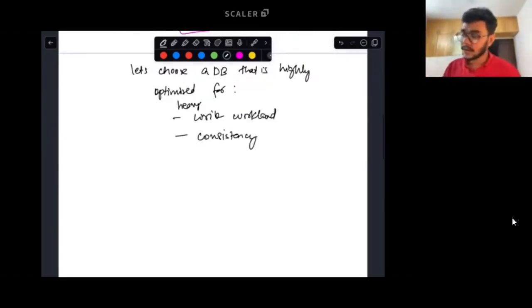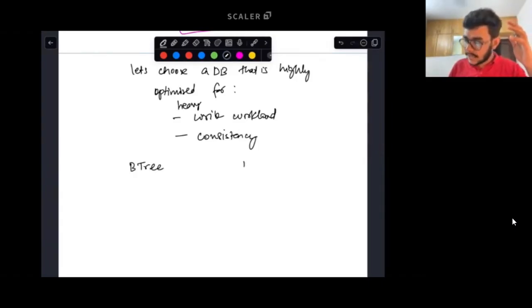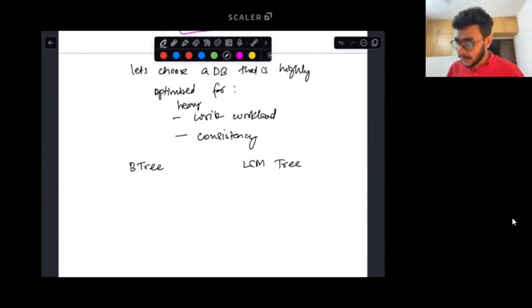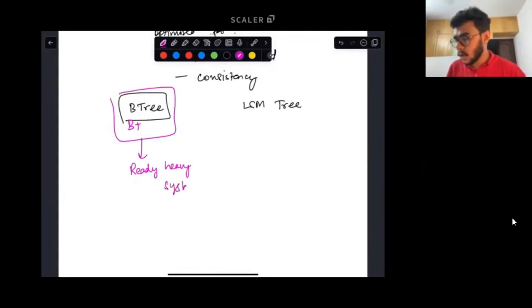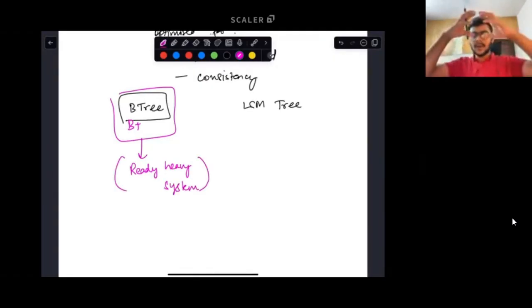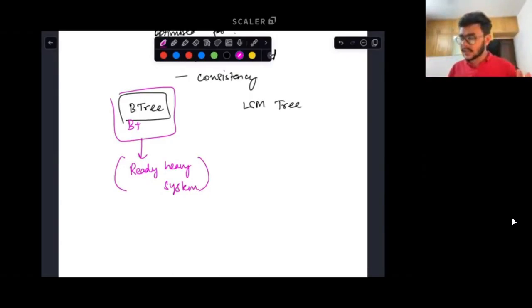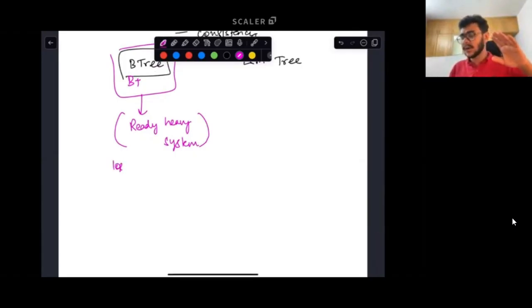Now, here comes a decision that you have to make between choosing a database that is based on a B tree kind of data structure, or whether you choose something that is based on the LSM tree kind of data structure, which we discussed in the last to last lecture. Now, typically B or B plus tree data structures are highly optimized for read heavy systems because of the hierarchical tree structure that they maintain on disk, and hence the read queries are typically served in logarithmic time, right?